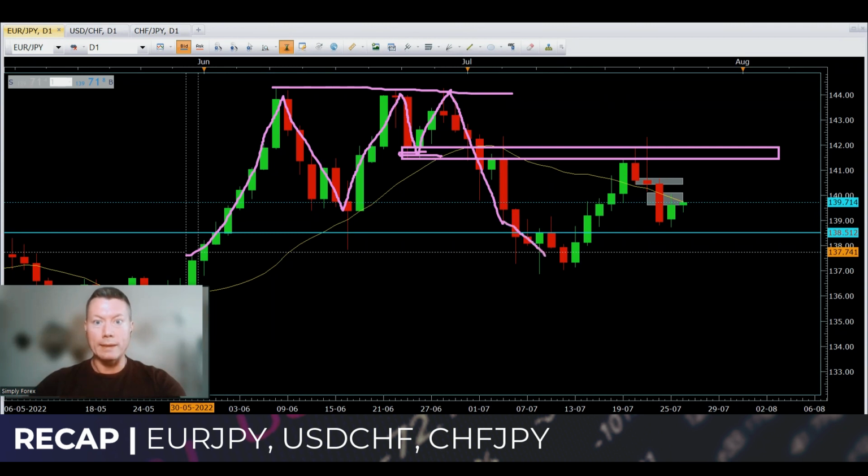And then price came all the way down here, tested these lows, and then came back up to this area that was once support and is now resistance. This is super common in the markets. Then we had a reaction, as you can see, with these two candles reacting off that zone, and also this very bearish candle. The idea was to come from one of these grey zones and take it back down to this level of 138.50. That didn't quite happen, guys, but let's look on the H1